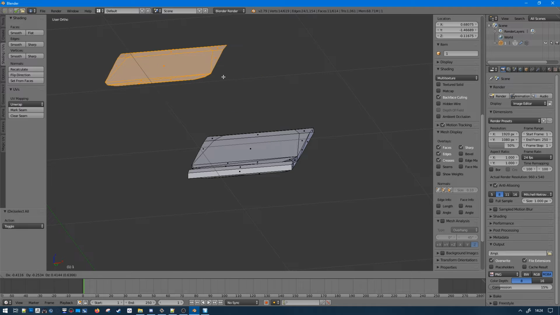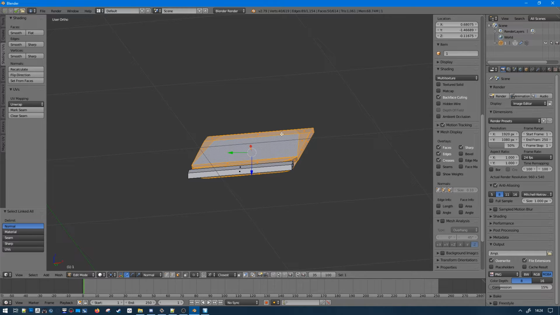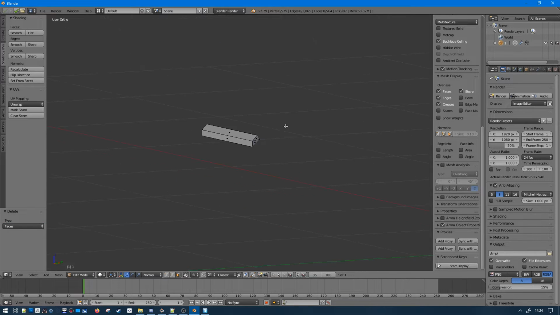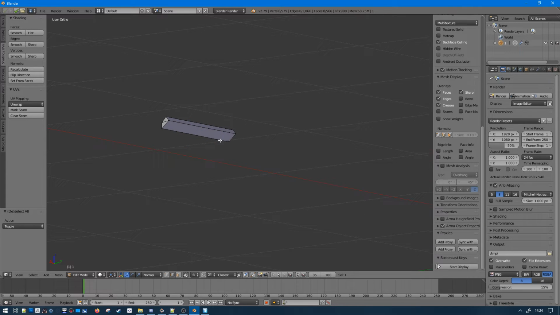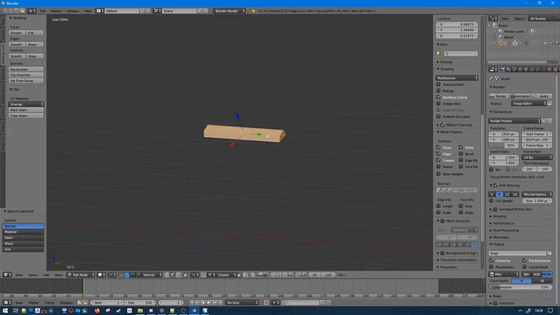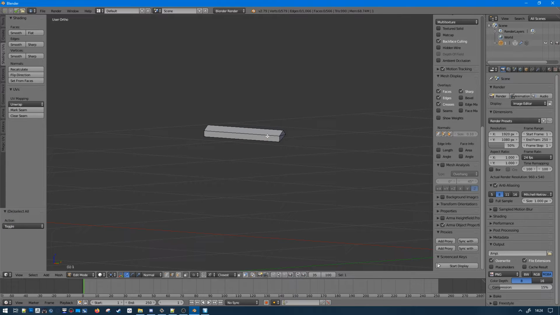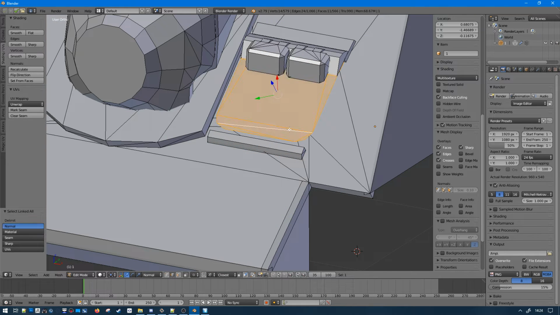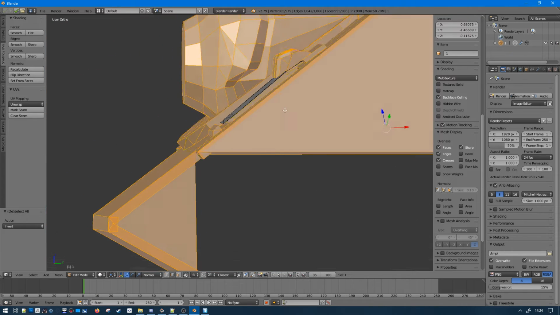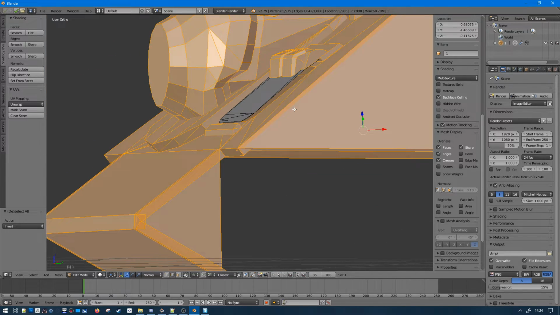I'm duplicating this, hide it, remove my initial hatch. This I can close in 2 seconds. Like that. And come back here. So I only have my hatch,